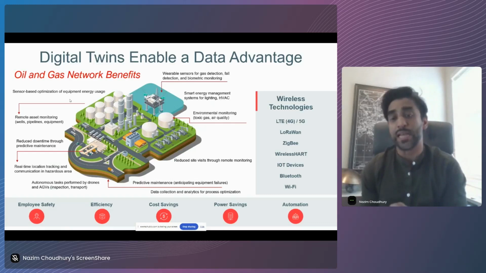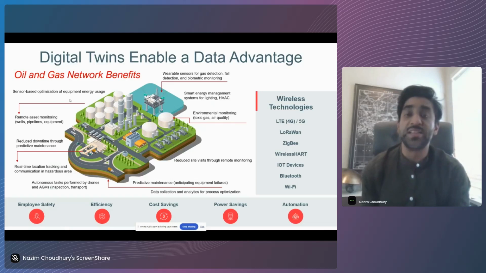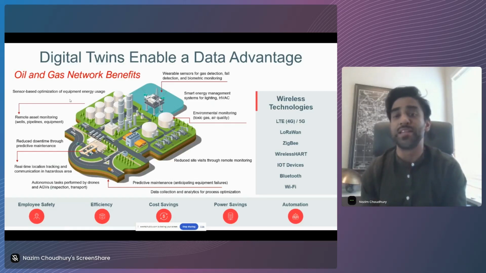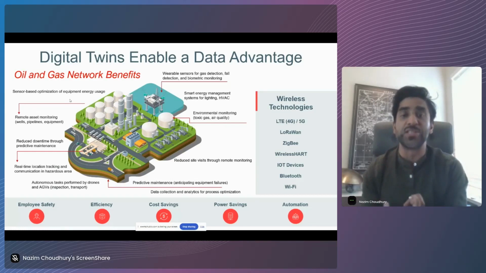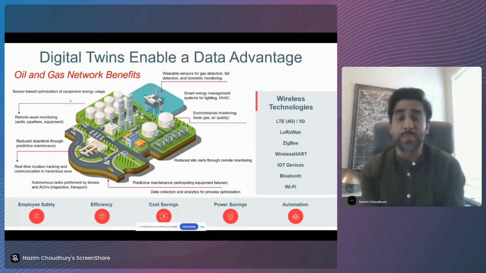Thinking about employee safety, that's a no-brainer use case. Having AGVs, like I was talking about before, we've seen in the mining industry that some of our clients have achieved over 200% in efficiency by automating their vehicles. Cost savings, coming back to consumption, making sure you're not over consuming, making sure that you're using electricity at the right time, making sure everything you're consuming at the right time and the right stage. Power saving as well, and automation as well. So automation is key for every type of efficiency that you're looking for, whether it's in power, whether it's for